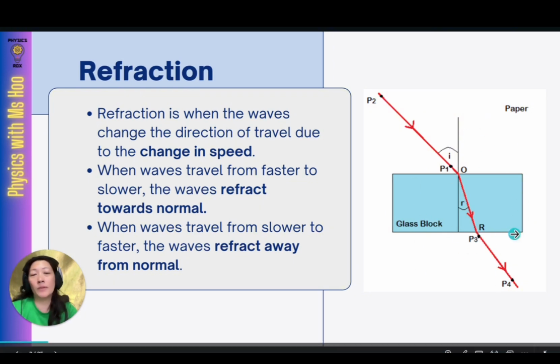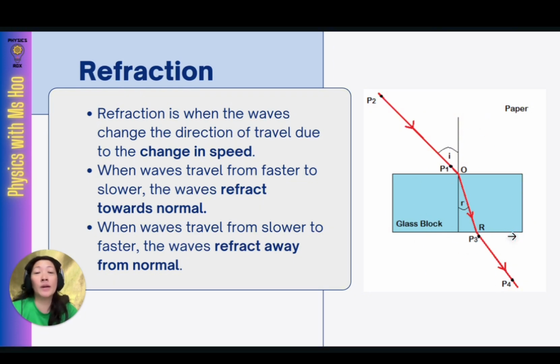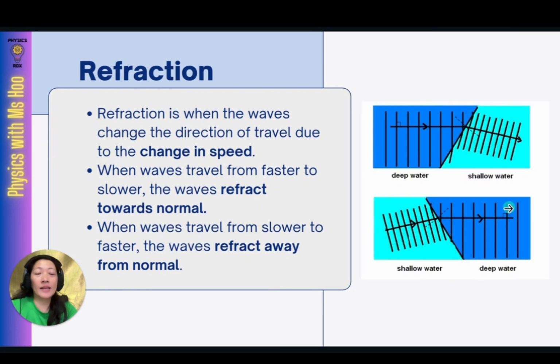This behavior is observed not only in light rays but in all waves, whether they're water waves, sound waves, or electromagnetic waves. So as you can see in this diagram, these are showing us the wavefronts of general waves. If it helps, you can think of them as water waves. These lines here are representing the wavefronts of the waves, and the line with the arrow is representing the direction of travel. As you can see, when waves travel from deep to shallow, it's actually moving from fast to